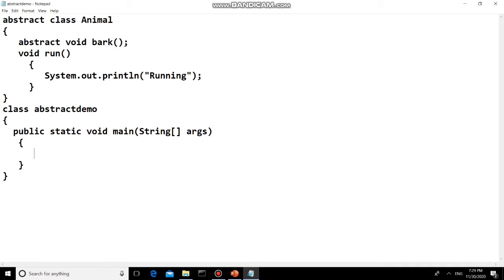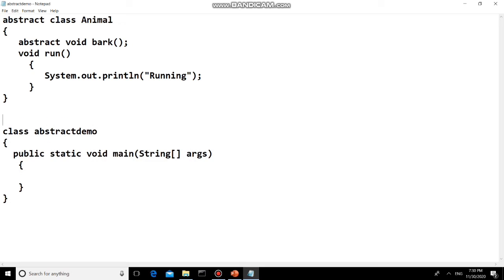Now this animal class is an abstract class, so there is an abstract keyword added here, and this abstract demo is a normal class. This is not an abstract class. One more thing: you can't create the object of an interface as well as an abstract class.